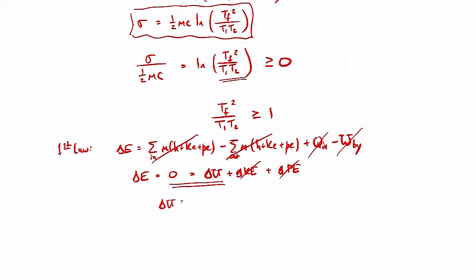Change in internal energy is going to be comprised of the change in internal energy for liquid 1 plus the change in internal energy for liquid 2. The change in those internal energies will be the mass of liquid 1 times the